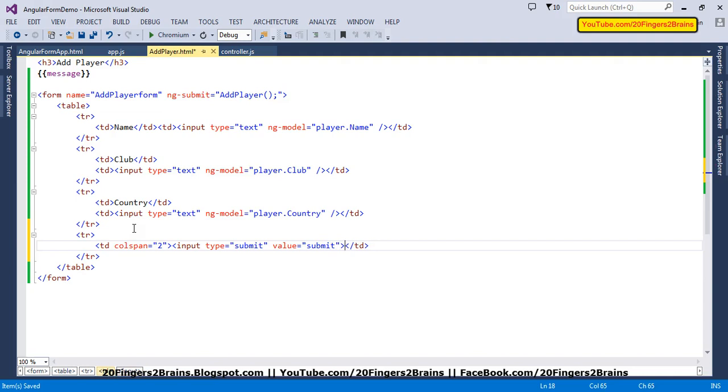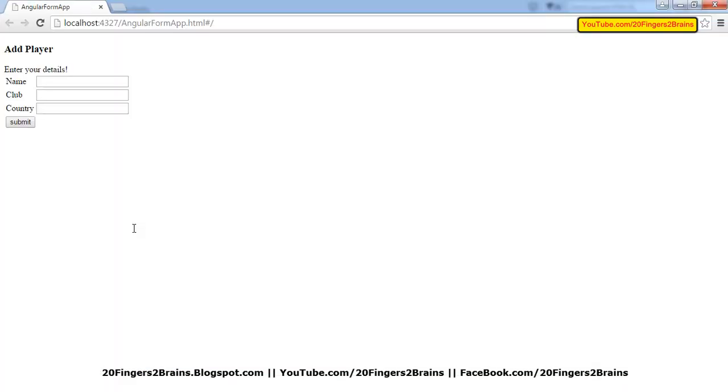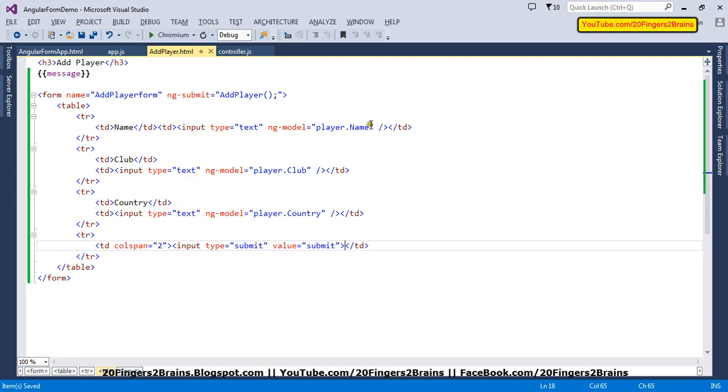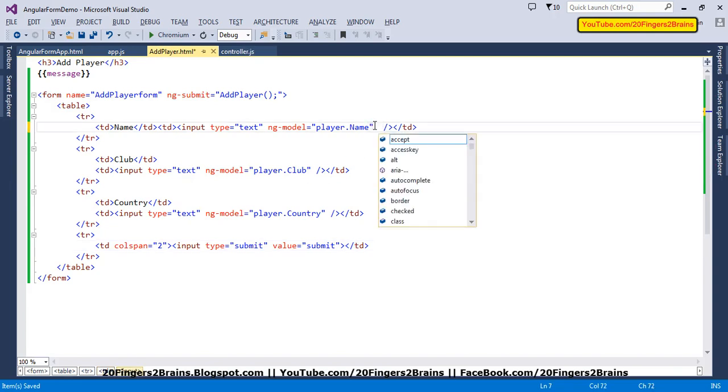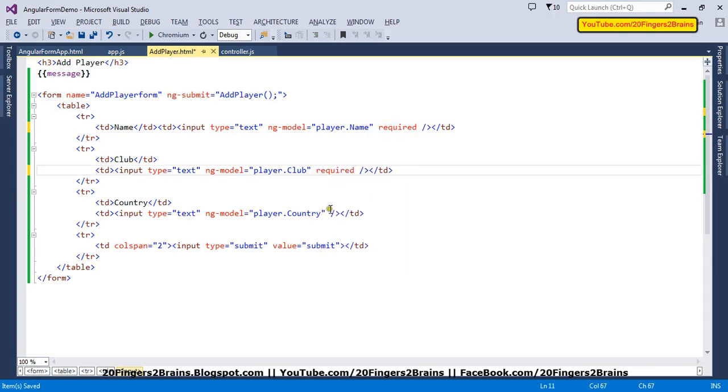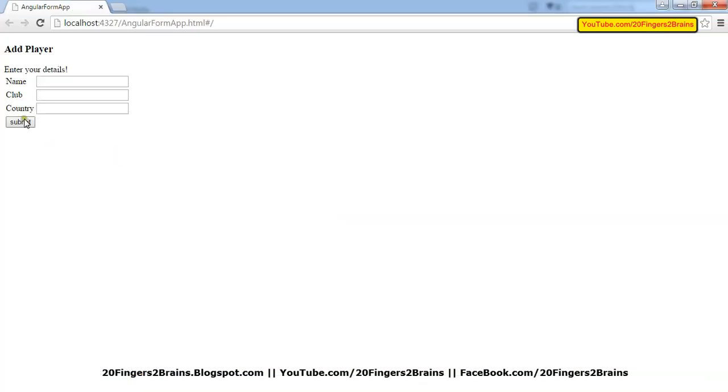Okay, now if I refresh my view, it will look like a form, and on submitting, a function will be called, a form will be submitted to controller's function. Now I want to have some validation here, some simple validation, so I'll be using required attribute here. So this will make this control necessary to enter values. So if you refresh this again and if you try to submit, it will say please fill out this field